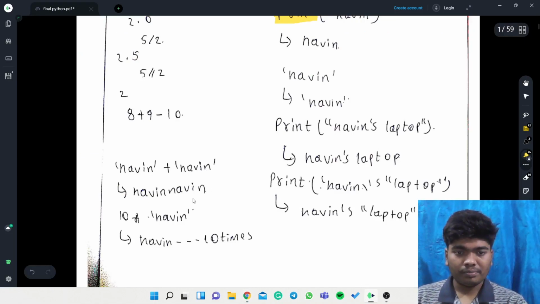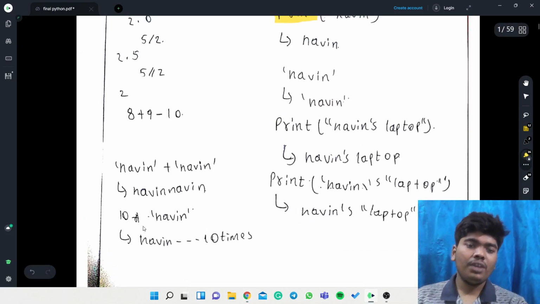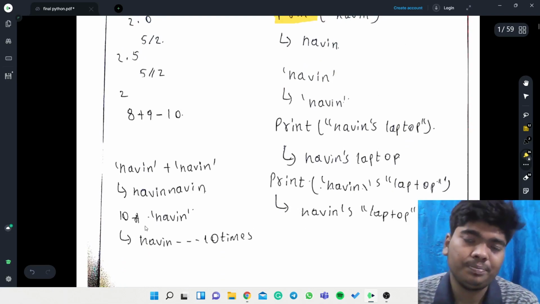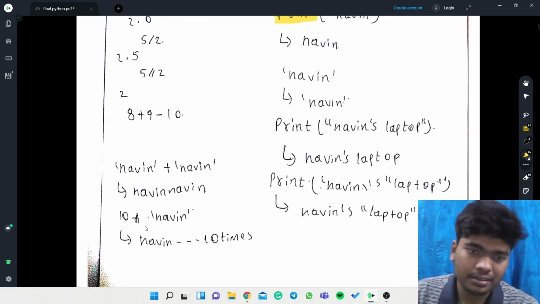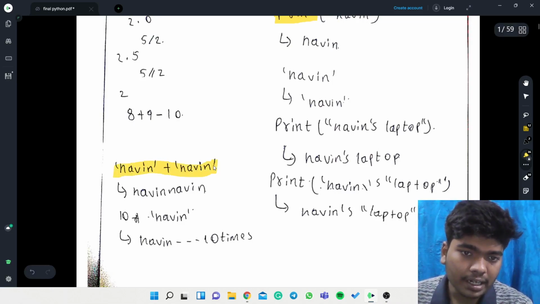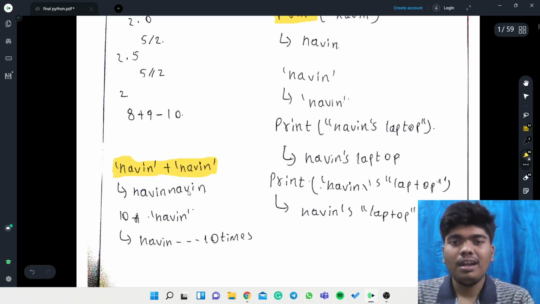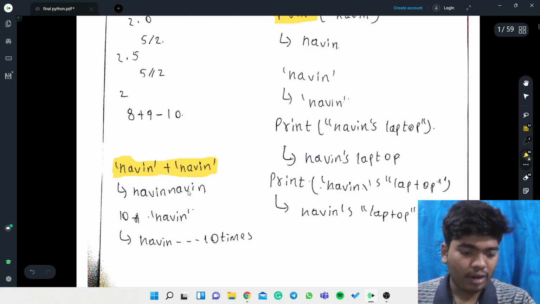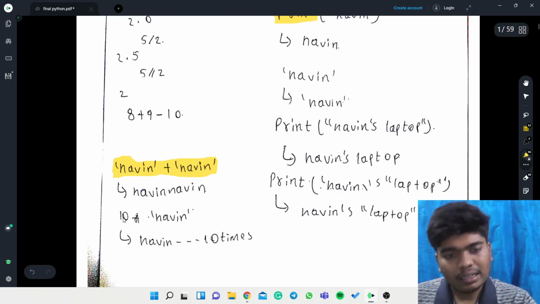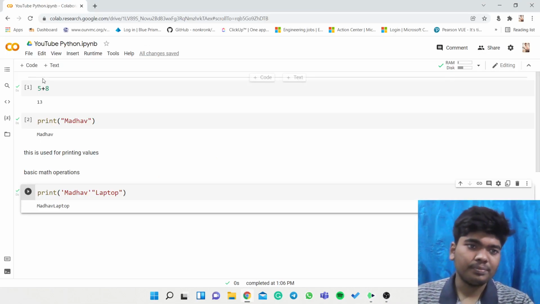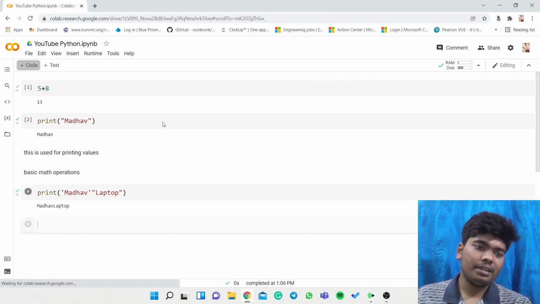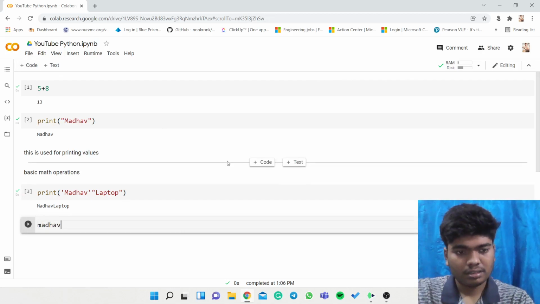Now if we see here, we can even multiply string values. Here Naveen plus Naveen gives a concatenation of Naveen. Concatenation means just attaching both things, right? Attaching both things is what is called concatenation, whereas this is a multiplication. So now I will do that here. Basic concatenation and multiplication.